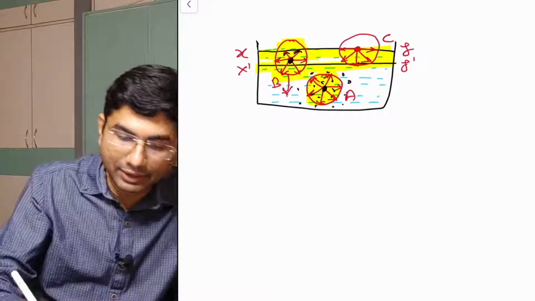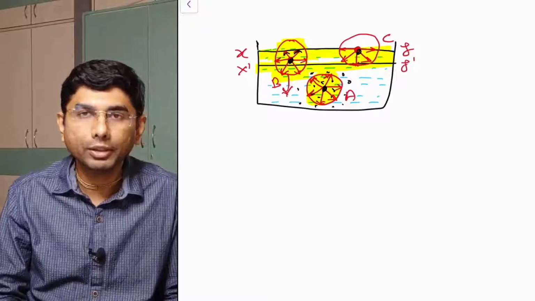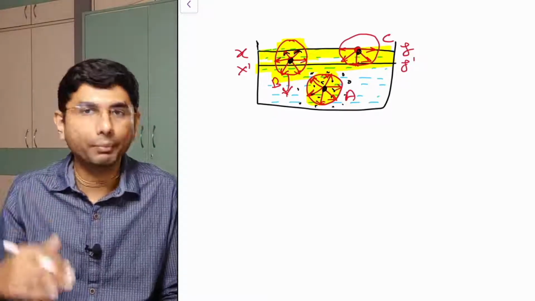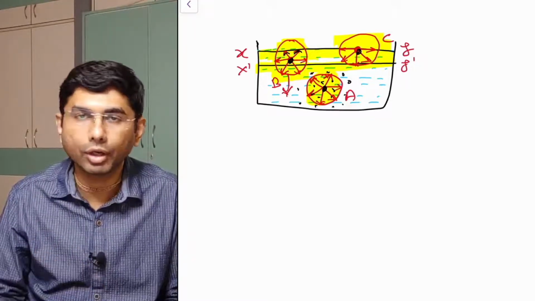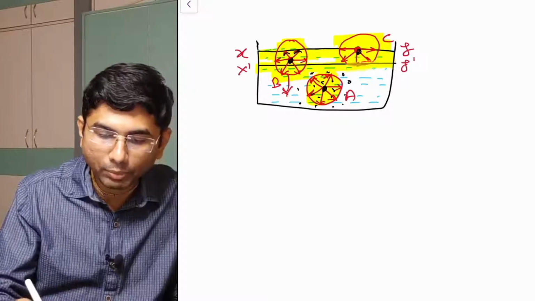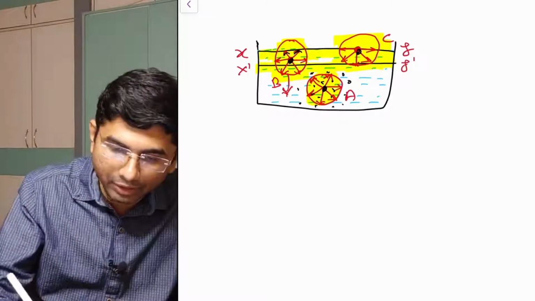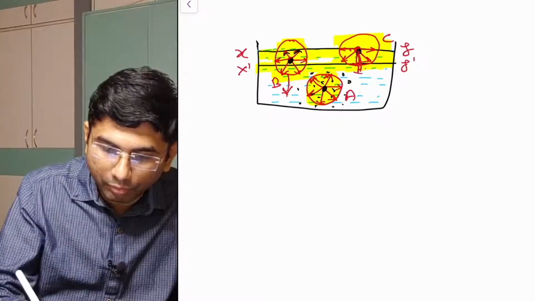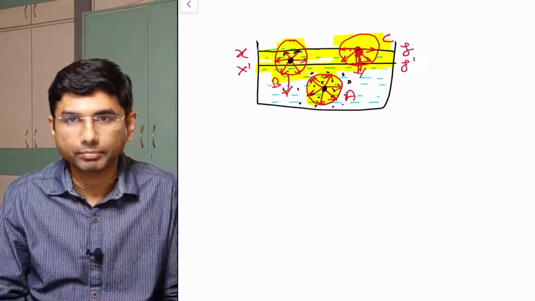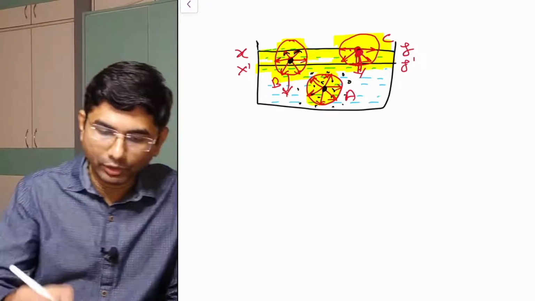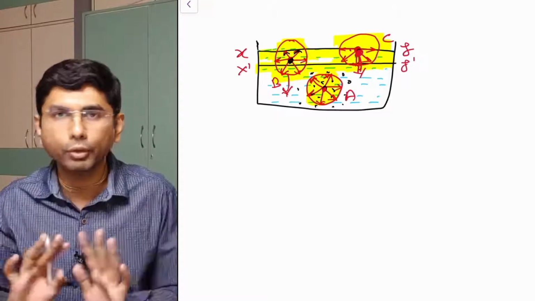And more than that, if I consider a molecule which is on the surface, then half of the sphere of influence is actually empty, because it only has the adhesive force, which is very weak because air is not that dense. And then the maximum force, the force of cohesion, is acting on it downward, and that's why it will be experiencing the most downward force. The magnitude of downward force will be more at this point C. Now what is going to happen because of that? Now this point A is completely stable, because the forces are in equilibrium, it's not going to move, not going to change its position.